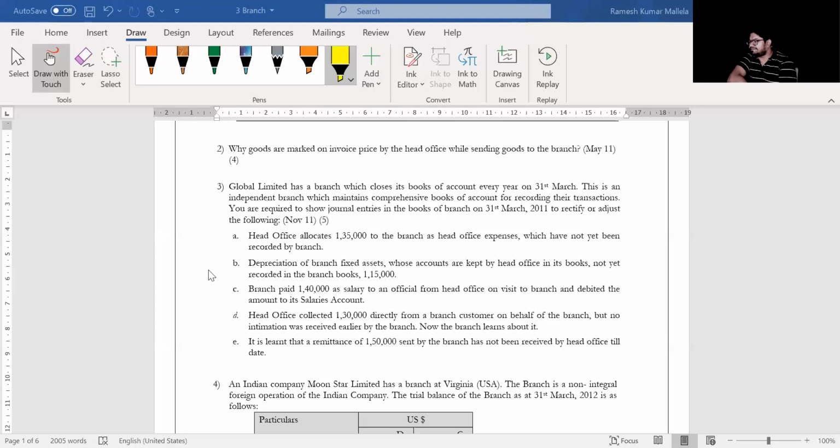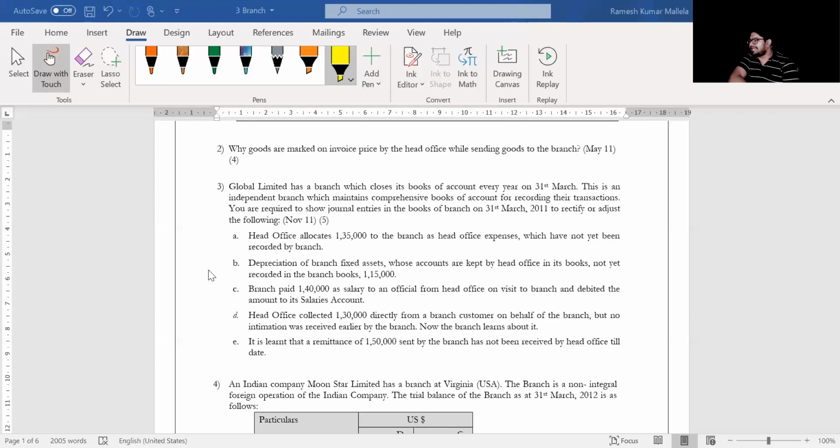Here, if you observe, depreciation of branch fixed assets whose accounts are kept by head office. That means these are maintained by head office. Hence, I'll have to credit the head office account here. So head office account will be credited for the depreciation whatever they are charging. Okay, next,